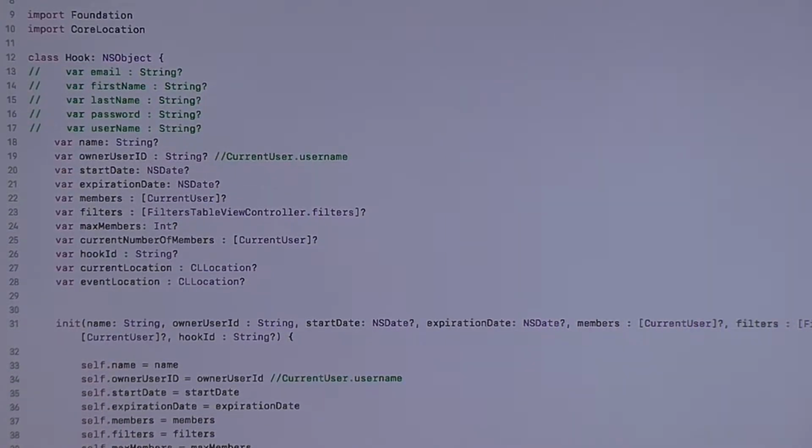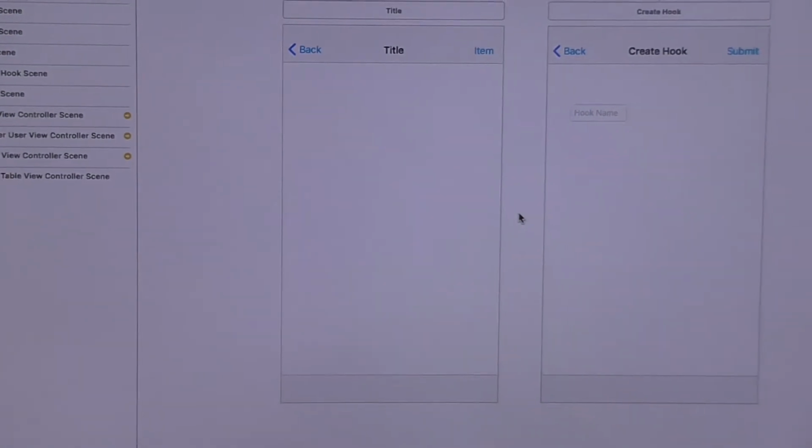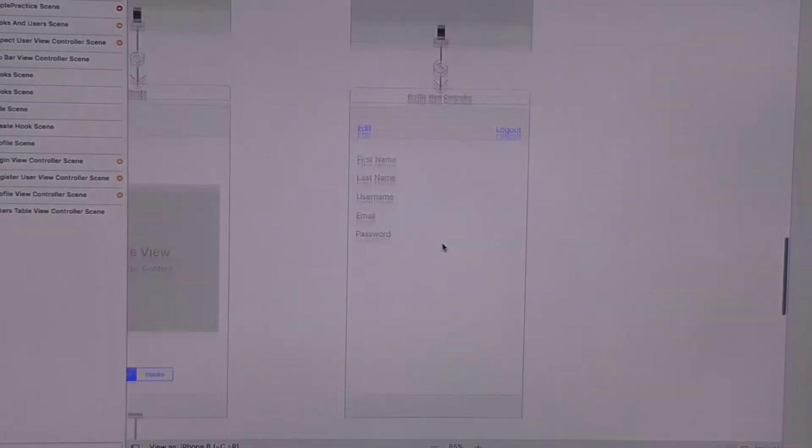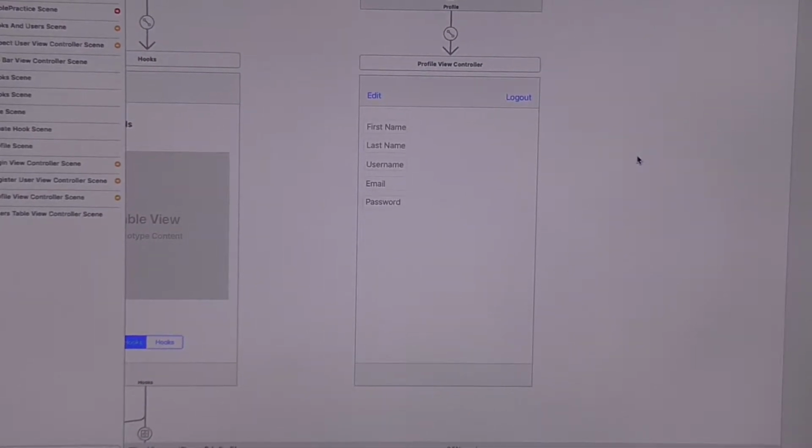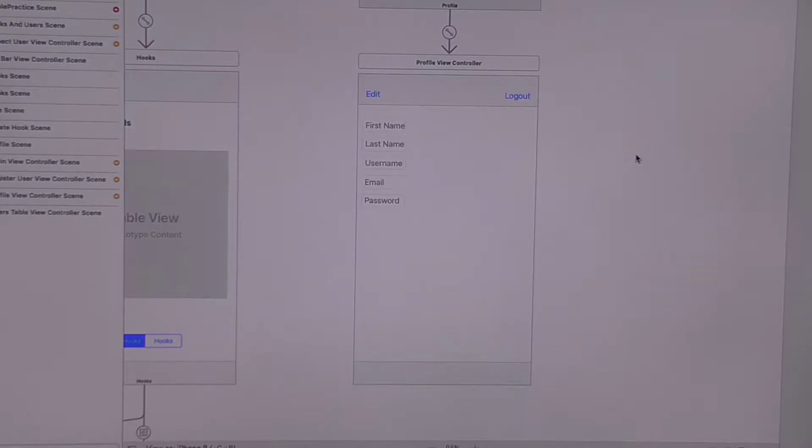Alright, so finally, we have the profile section of the app, which I have not been able to complete yet. Here you'll be able to have your avatar picture, where you're currently located, a motto, and your name.